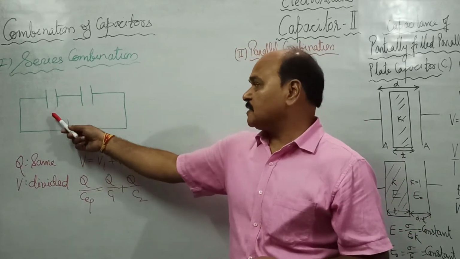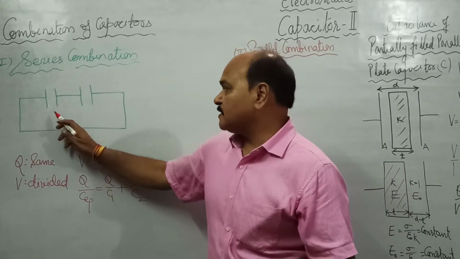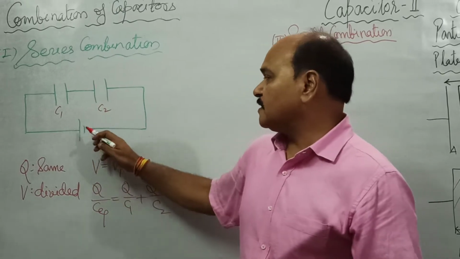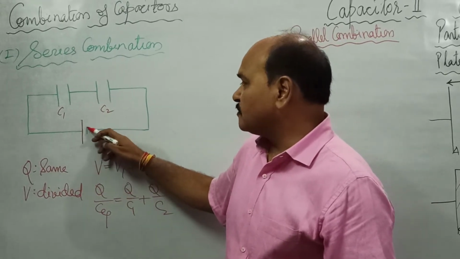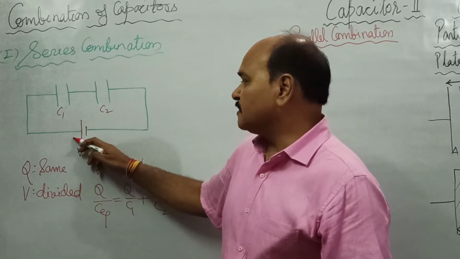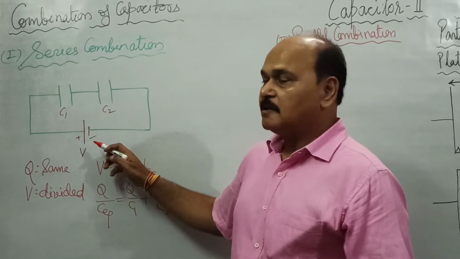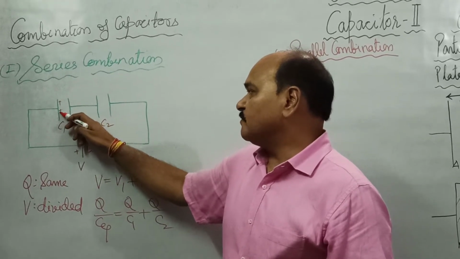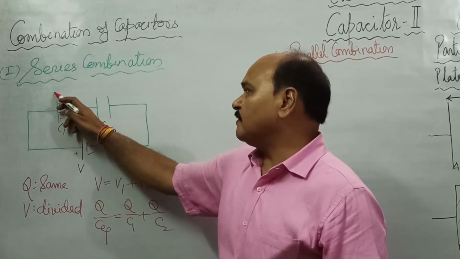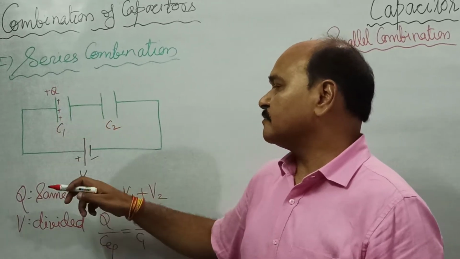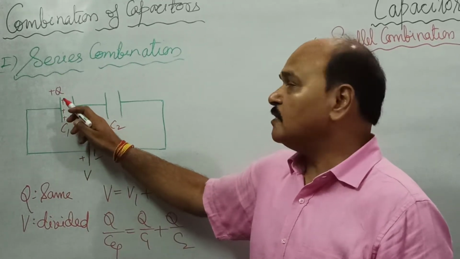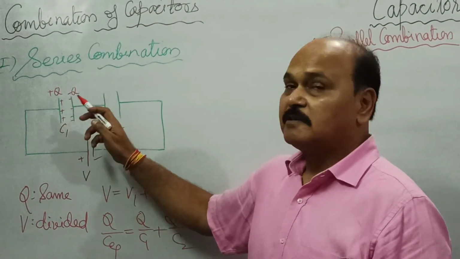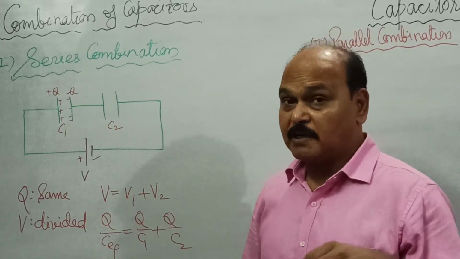Well, these are two capacitors. The capacitances of the capacitors are C1 and C2. They are connected in series. Well, this is the battery. The potential difference across whose terminals is V. This is the positive terminal, this is the negative terminal. Since this is the positive electrode, therefore this plate of the capacitor, which is directly connected with the positive electrode, will have charge plus Q. Well, if this will have charge plus Q, then this plate, which is just opposite of it, will have minus Q charge produced because of induction over the conductor.